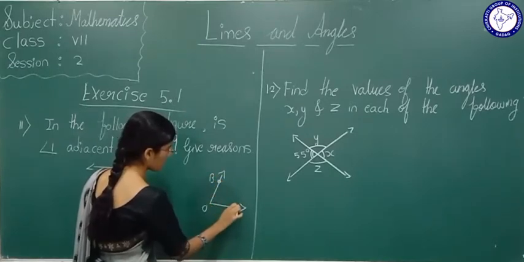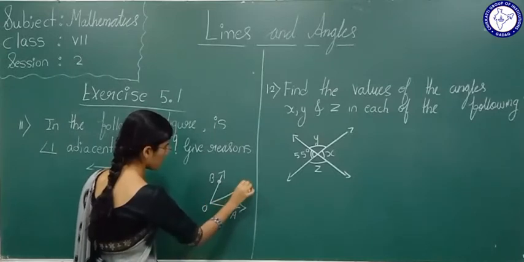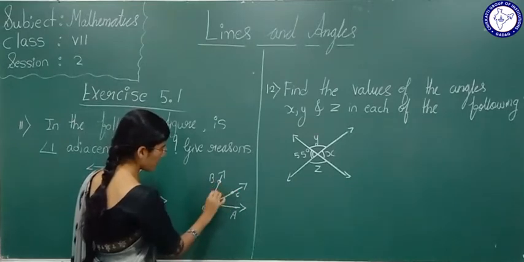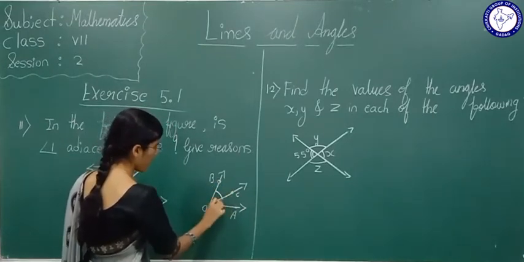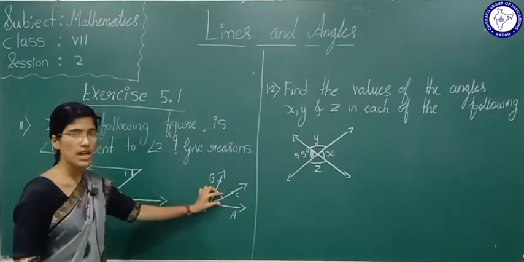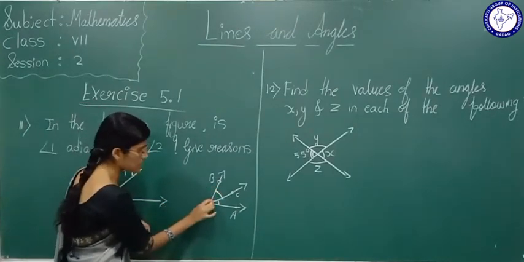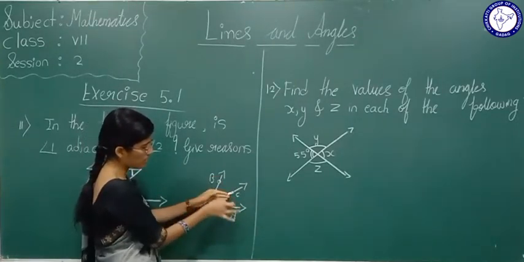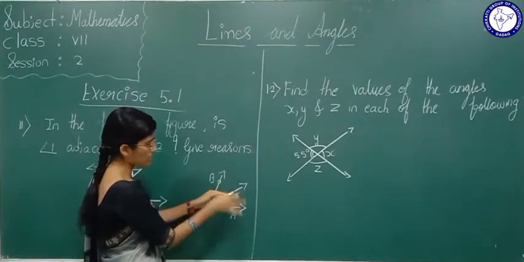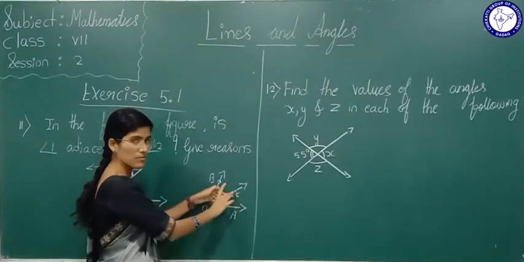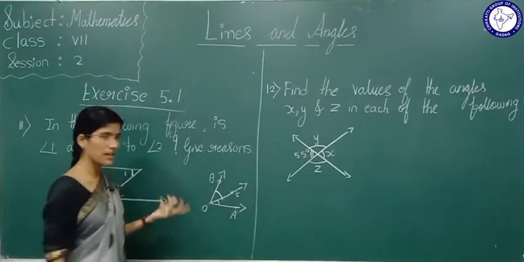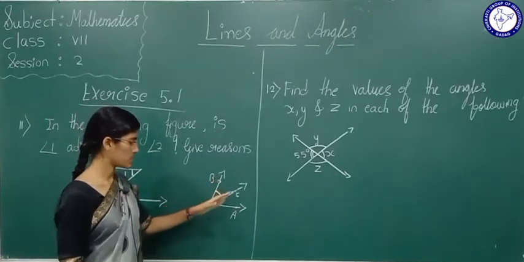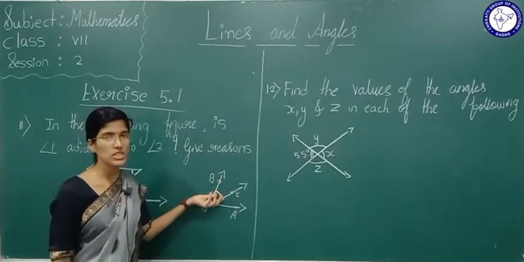BOA, okay, and here C. Now see here, angle BOC and angle COA are adjacent angles. These two angles are adjacent because they have a common vertex O and a common arm OC. The other arms are on either side of this common arm. Then those angles we are going to call adjacent angles. At that time we can tell that angle BOC is adjacent to angle COA.